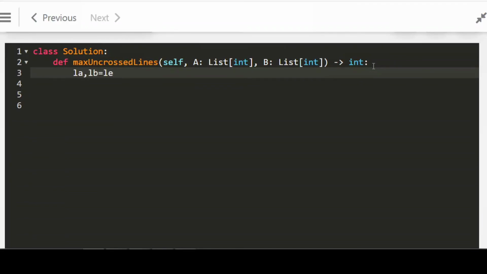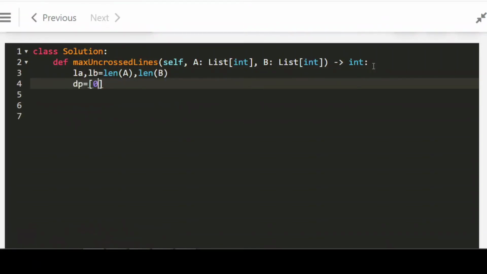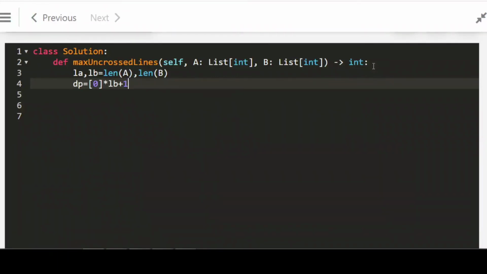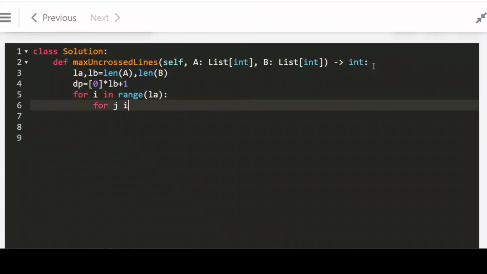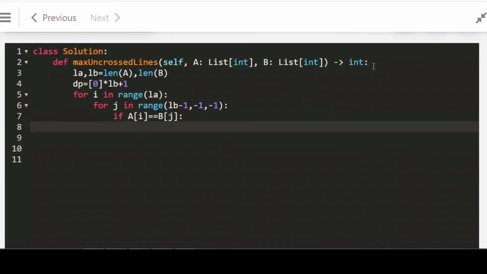Okay, now we will take the length of a and length of b, len a and len b, and we take a dp of size len b plus 1. So now our outer for loop, we iterate the a horizontal line, and inside this outer for loop, we iterate the b element from right side, as I already explained in our explanation.